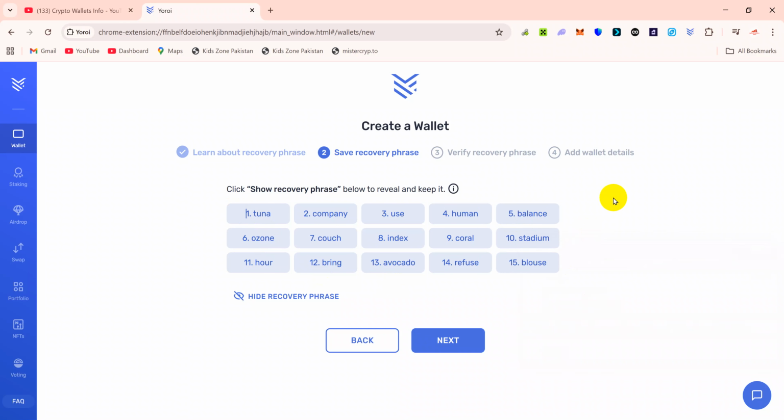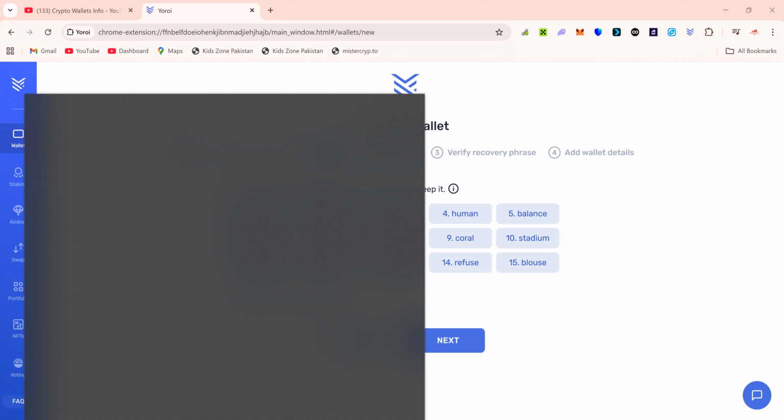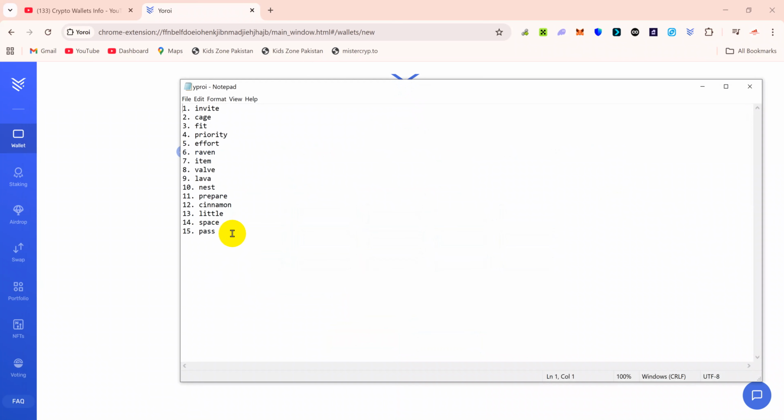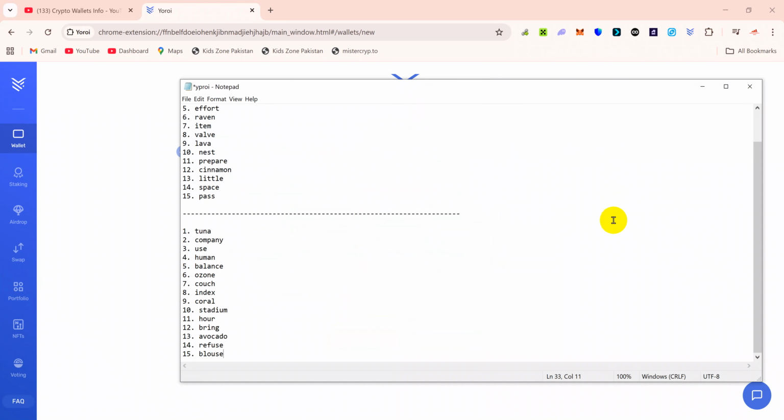Yes, now I'm going to open the notepad file, my first wallet save file, where I have saved the main phrases of my wallet. So I'm going to save the second wallet, paste here. You can see this is my second wallet. So I'm going to type here second wallet. Okay,